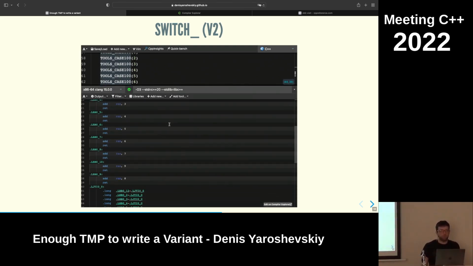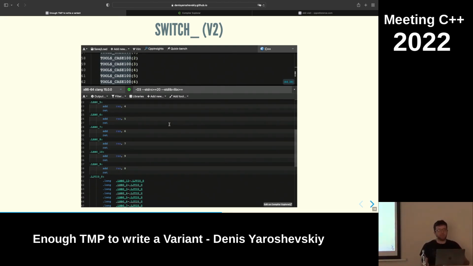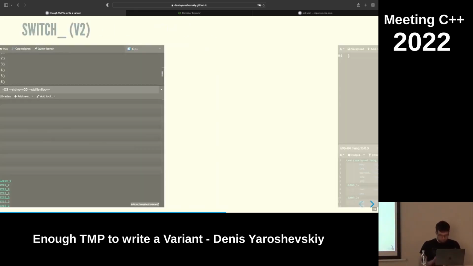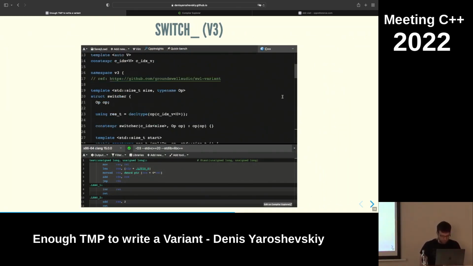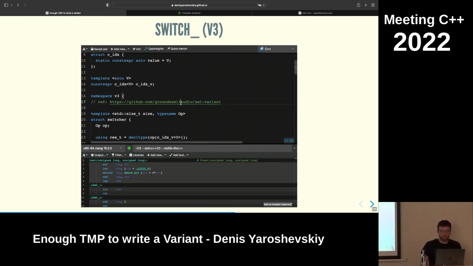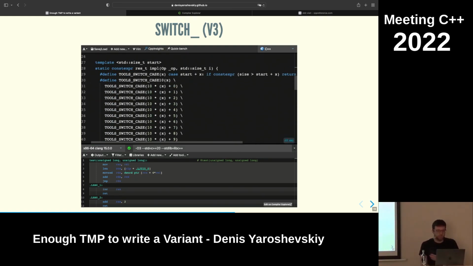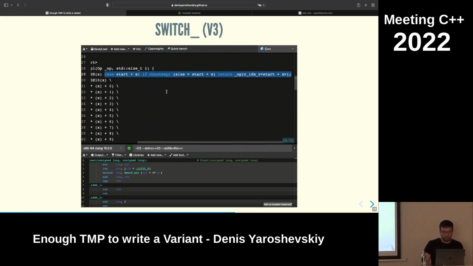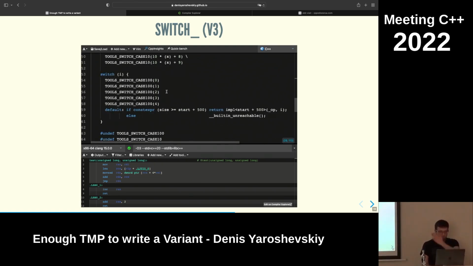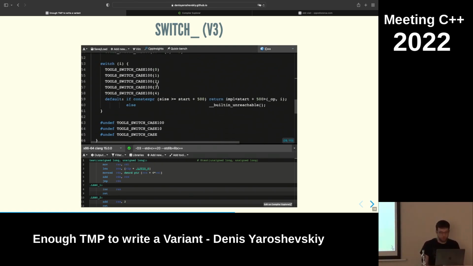It's not going to be the same as the switch, it just doesn't quite match. And the compiler generates that one for the switch. So the one I actually take is from this Groundswell Audio GitHub. And this is actually a switch. Basically, we generate a case with a macro, right? And we're just going to spam a bunch of cases in a switch. Yeah, don't forget to undef your macros for things like that, just so they don't pollute the namespace.